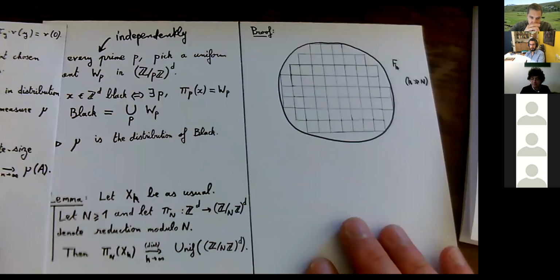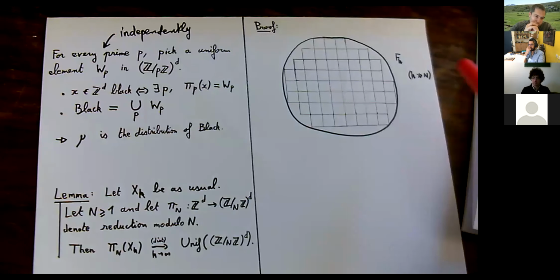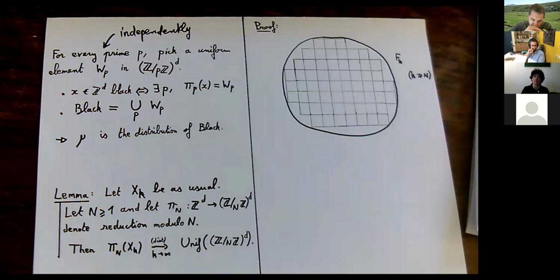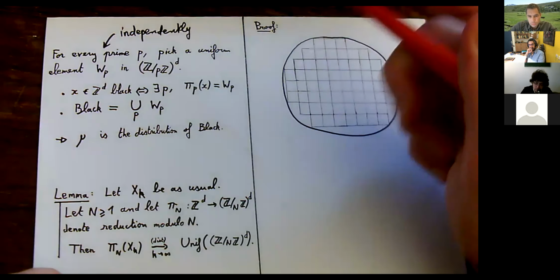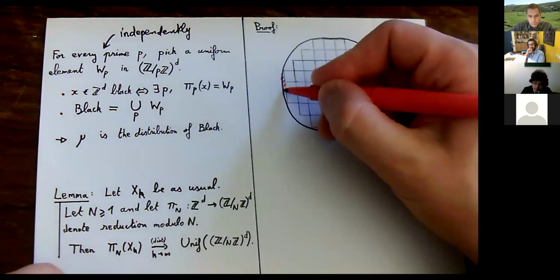So we take Fk, k much larger than n, and these little squares you see, they have side length n. And we are tiling Fk by n by n squares. Tiling meaning that we put as many squares as we can, like in this manner. And if some squares are outside Fk or partly inside, partly outside, then we don't draw them. But then it's not a perfect tiling. There is some boundary in red like this.